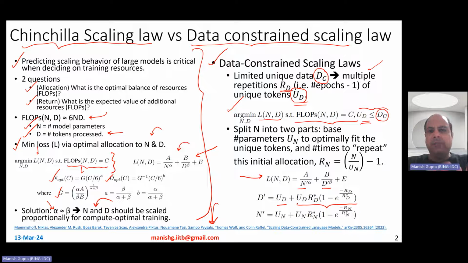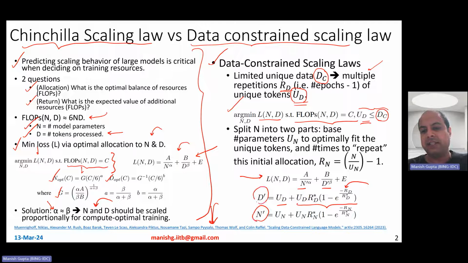So remember, when you're doing one epoch over data, every data point is new, and therefore the model has something to learn from. But the hypothesis in this paper is that as you see the same data several times, the more times you see it, the worse its importance or its impact gets on the training of the model. In fact, they come up with an exponentially decaying impact, where they say that if I look at it twice, then maybe the impact becomes half. If I look at it thrice, the impact becomes one third, and so on and so forth. So these D dash and N dash are just a representation.